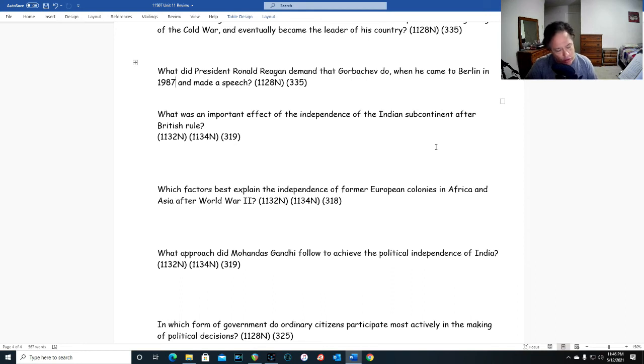Problem was, when you partitioned India into two countries like this, didn't matter where you tried to draw that border, you were going to have millions of Hindus on the wrong side and millions of Muslims on the wrong side. And so that partition caused the uprooting of countless people who had to cross each other in order to get where their new homeland is supposed to be. And that crossing of each other led to all kinds of violence that killed like 500,000 people. So it was a very tragic situation.